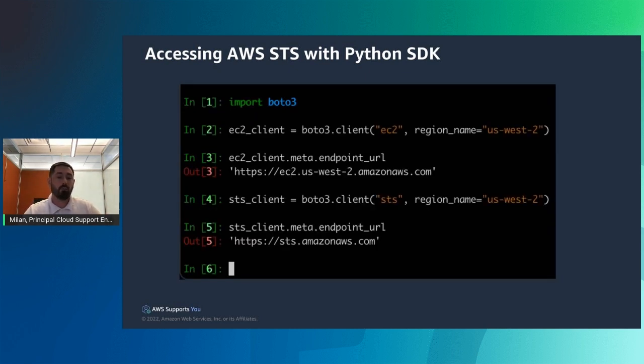Now, if we look into a more specific case, and I say I want to use US West 2, to go back to our previous example, and use a regional endpoint. In the case of an EC2 client, we instantiate it and pass a region_name parameter equal to us-west-2. If we look at the metadata attribute for that client, we're going to see that it actually uses a regional endpoint. It actually tries to use ec2.us-west-2.amazonaws.com. However, if we do the same thing for the STS client, and we look into the attributes again,